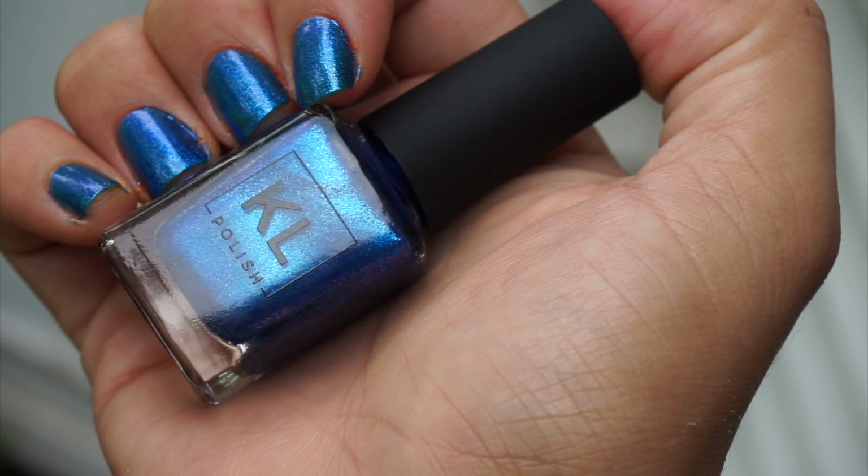Next, this one I was kind of iffy about, but I'm actually starting to like it. So this is the one shimmery shade she has. This is called Matanzas,